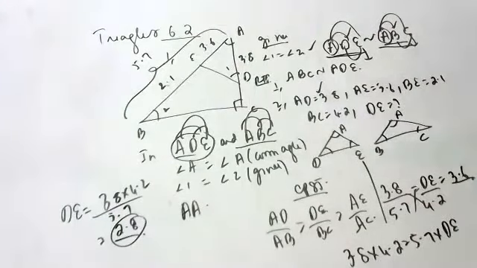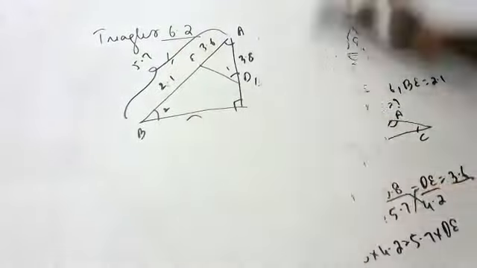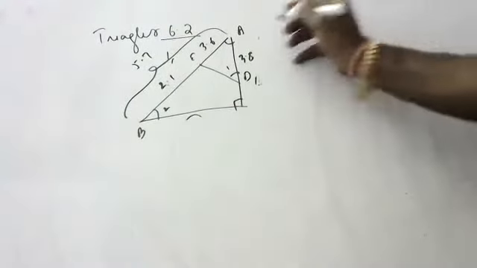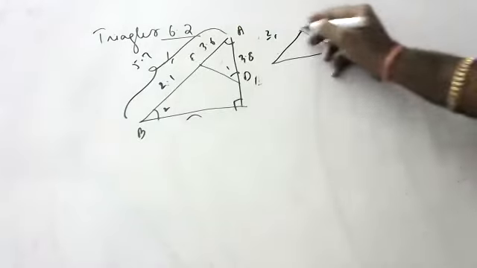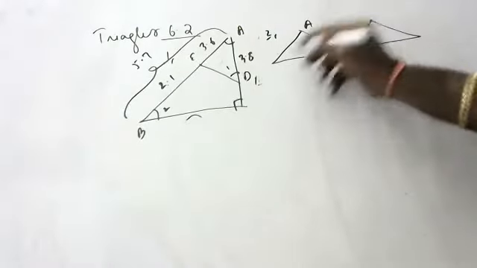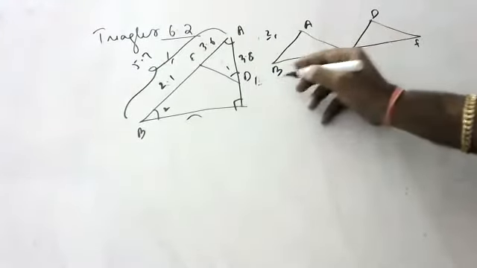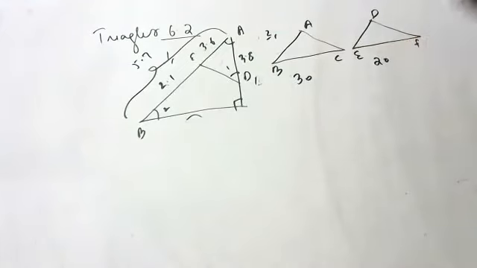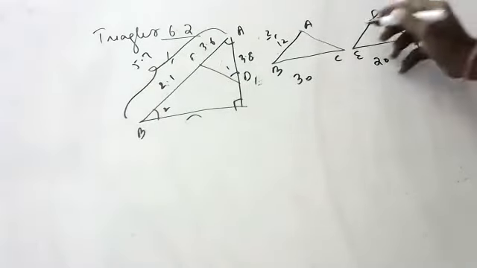Okay, so this is the first sum, children. I hope you are copying. Please keep copying, don't waste time. After doing the sums, once you practice, the second question, children: the perimeters of two triangles ABC and DEF are 30 and 20. If one side of the first triangle is 12 centimeters, what is the corresponding side of the other?